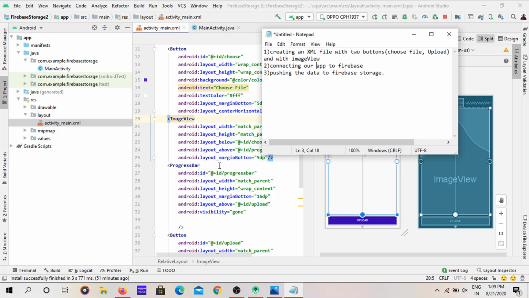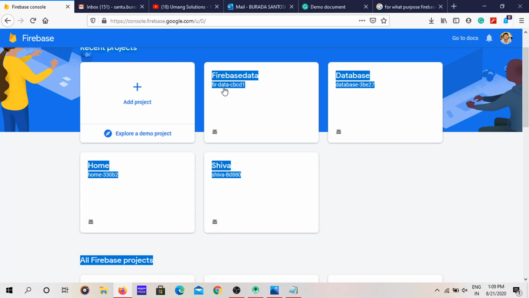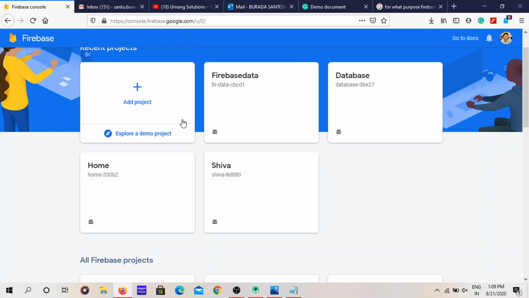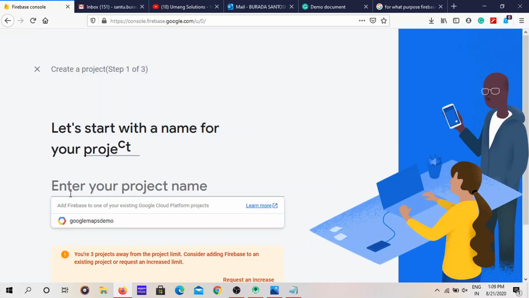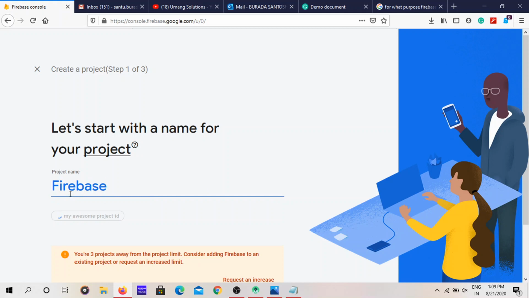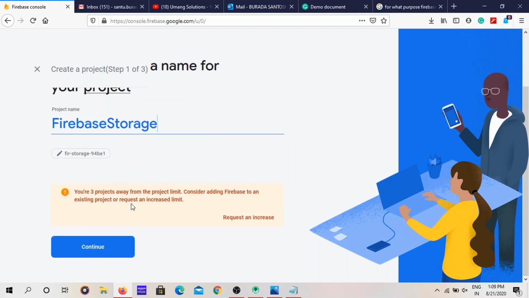So first of all, let's go to Firebase and create one project. Add a new project to your Firebase. That is Firebase storage. Firebase storage is enough. And it says I am 3 projects away from the project limit.